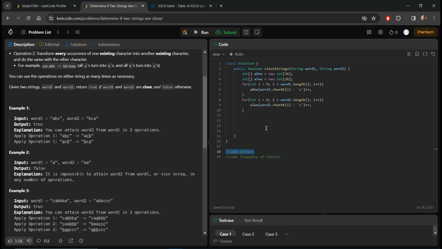And then for the same letters, we're going to check that each index has a number, because if an index has a number, that means it has a letter. We're going to check if each index of both strings is populated or not populated, and that'll pass this test as well. So we're going to iterate through the array. If A2 is greater than 0,